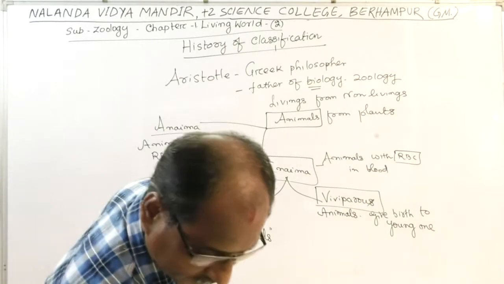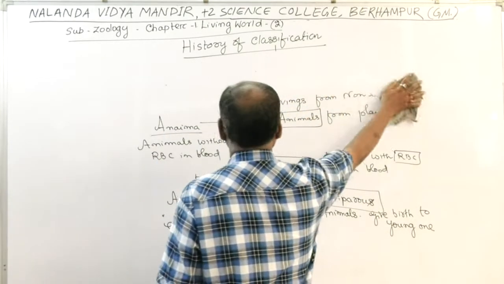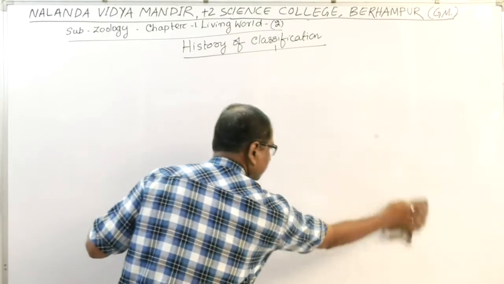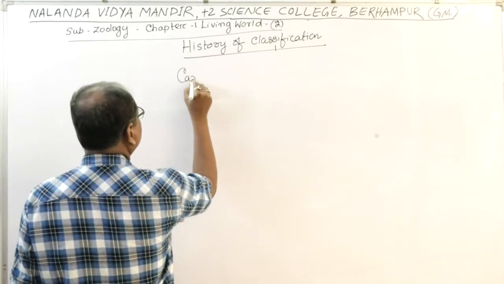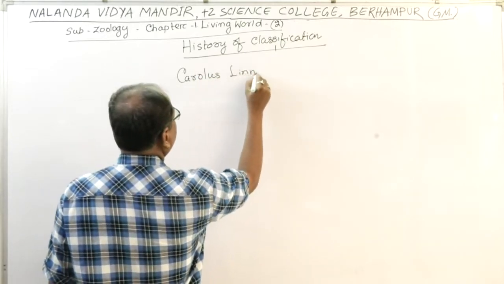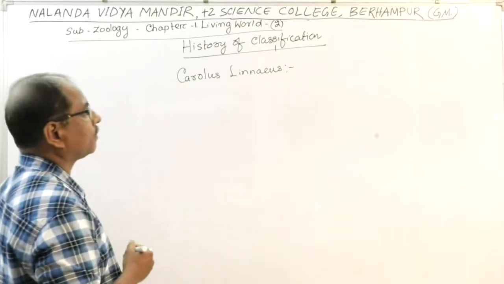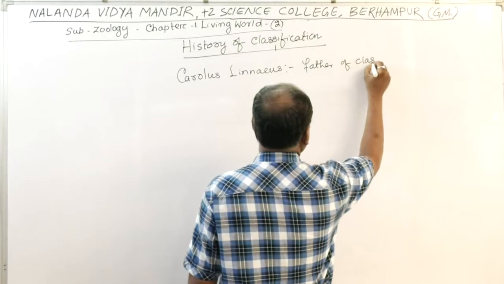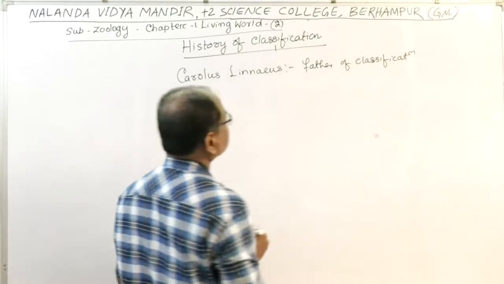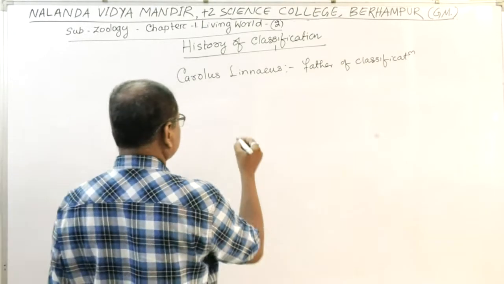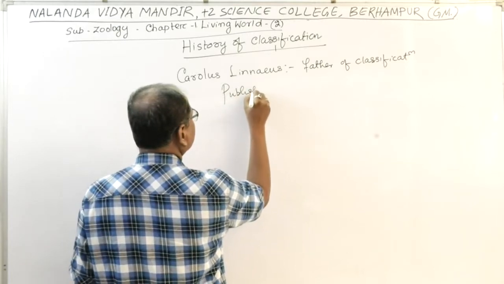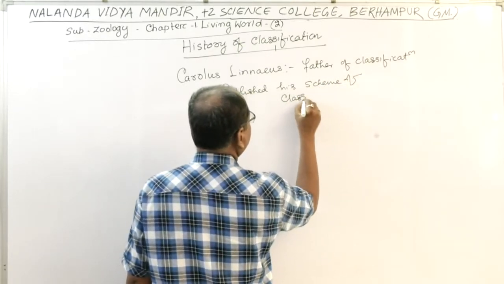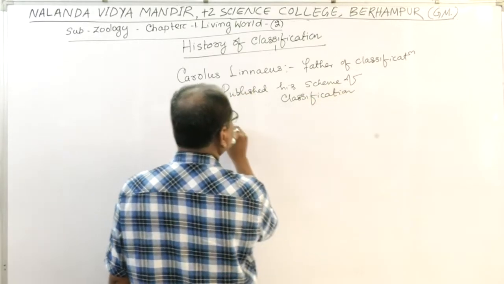Later on, another scientist, Carolus Linnaeus, he was the father of classification. He published his scheme of classification in his book